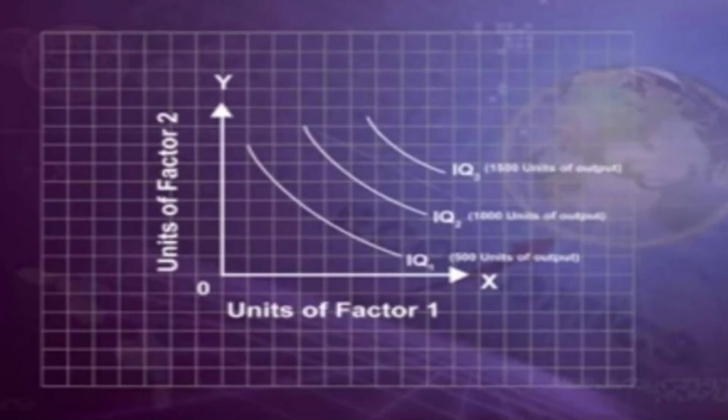The higher indifference curve indicates a higher level of satisfaction. So you can see here on the x-axis and y-axis, IQ1 keeps on increasing: isoquant 1, isoquant 2, isoquant 3. That is, depending on how much technology, how much labor and how much capital, the output is also going to increase. This level of increment is called an isoquant with a higher level of satisfaction from the factors of production. A higher isoquant curve refers to a higher level of production.